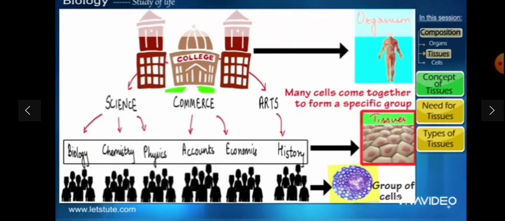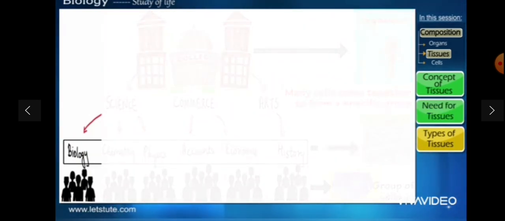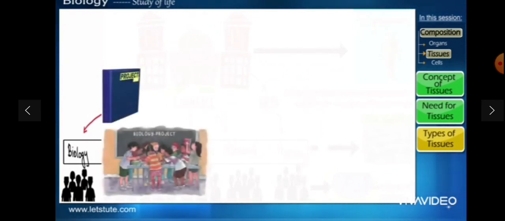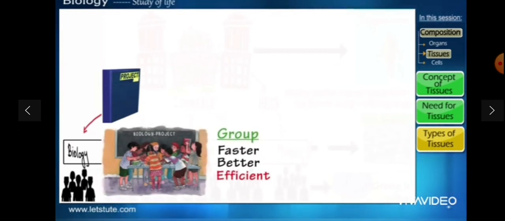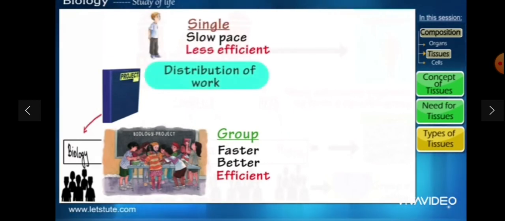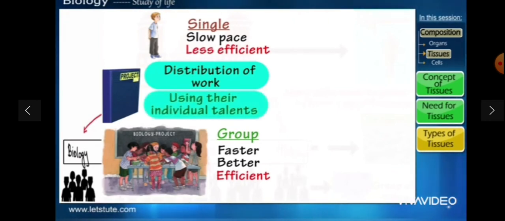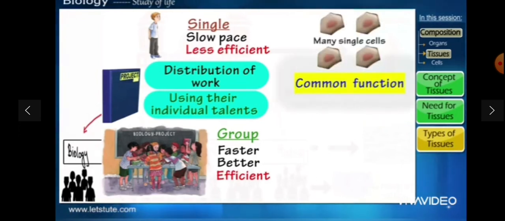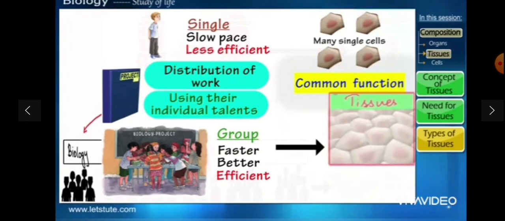Why do they do this? Imagine the class of biology students is given a project to be completed. A group of students will be able to complete the project much faster and better than a single student. This group of students will be able to do so by dividing the project work amongst themselves to finish it faster and using their individual talents to make the project better. Similarly, many cells with a similar function come together to form a group called tissues which will perform that common